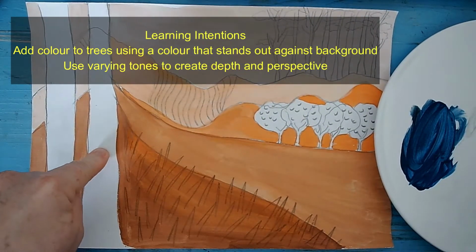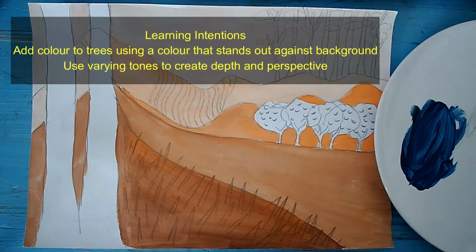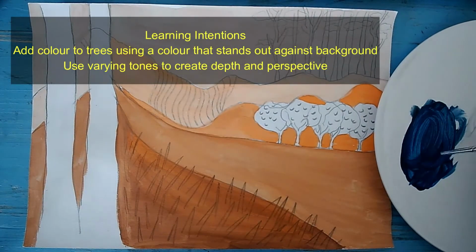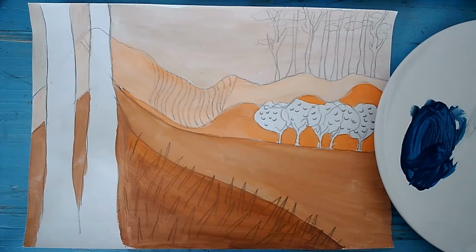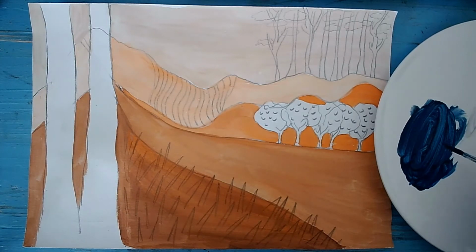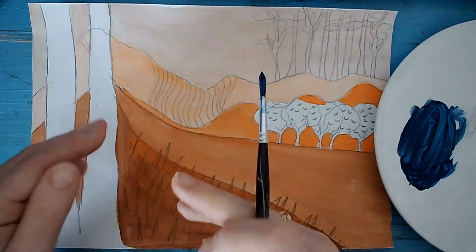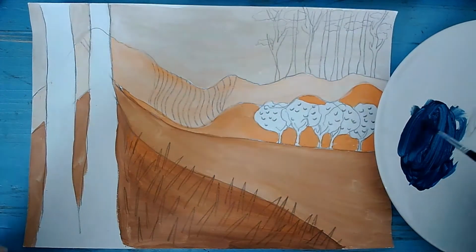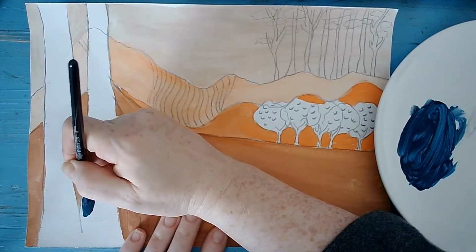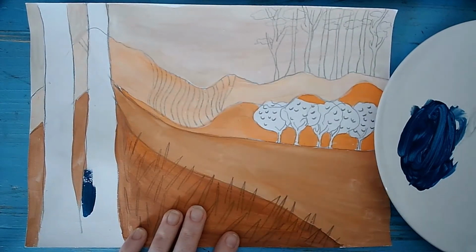So I'm going to do my front two trees here. I've mixed some blue on my palette, and I'm adding a tiny amount of black to make that tone a wee bit darker, because the darker it is, the closer the object is towards you. So I'm going to block these trees in a darker blue,